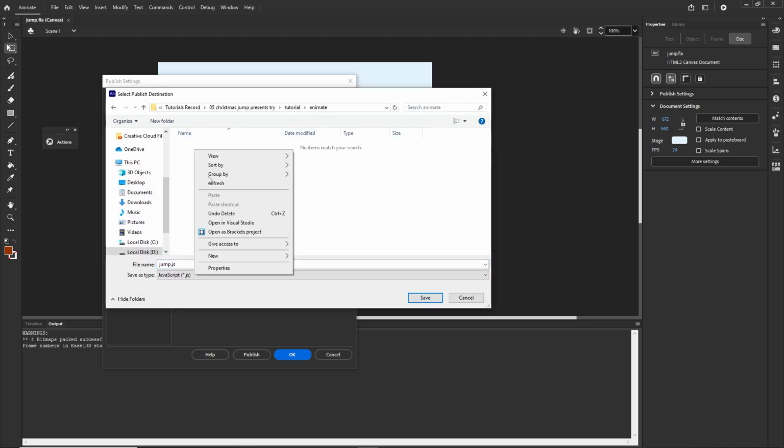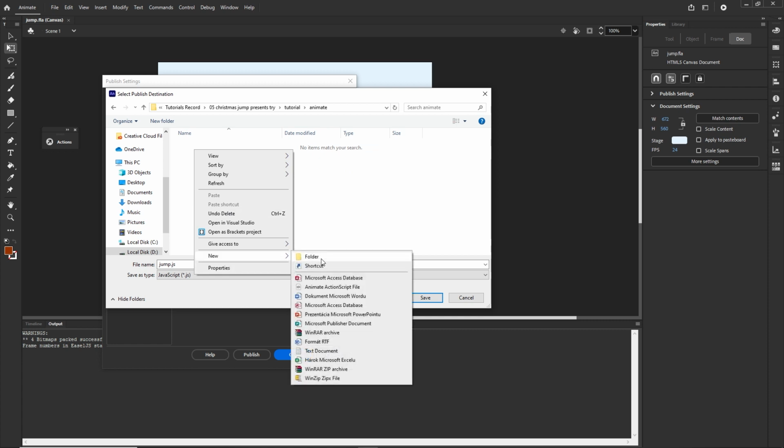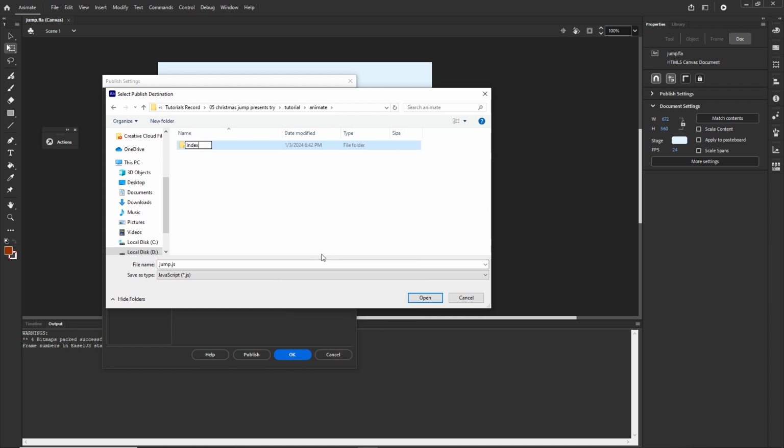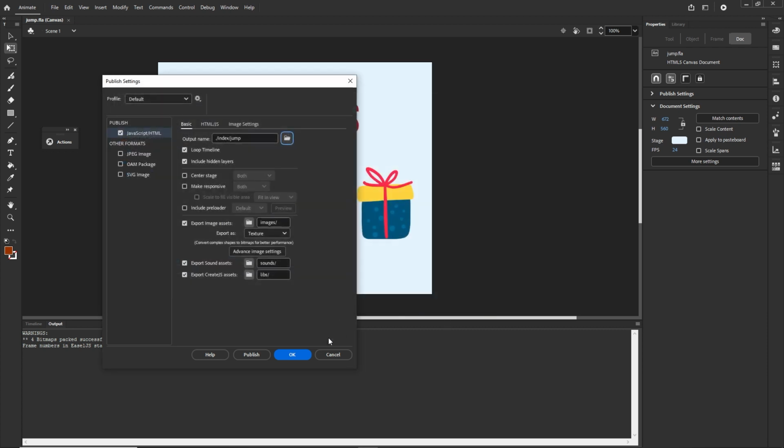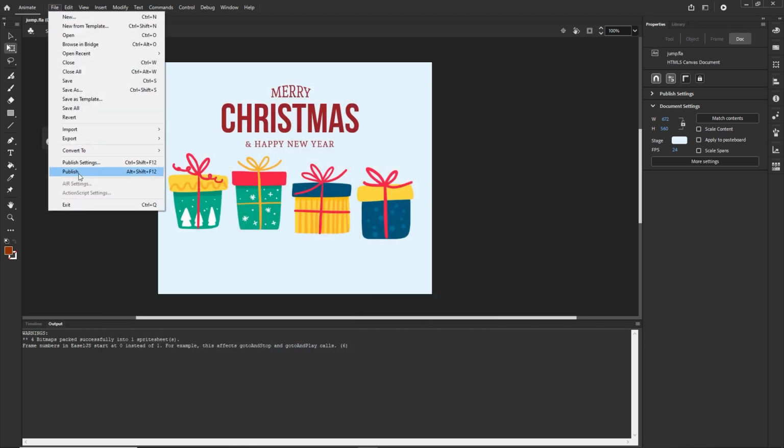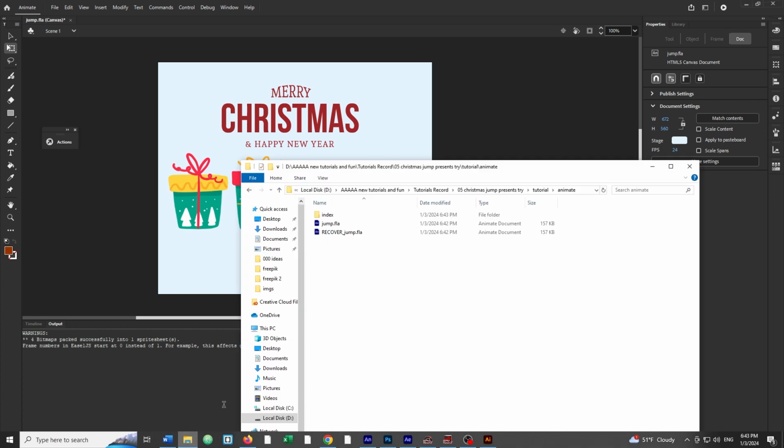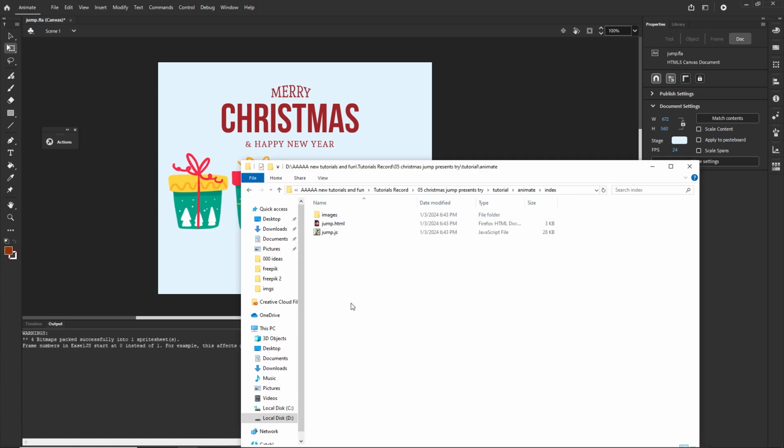So in the Animate folder, I'm going to create a new folder. I'm going to call this index. You can call it as you want. I will go inside this one. I can also call it index or jump.js or export or whatever, and I will just hit Save, OK, File, and Publish. And right now it is going to publish these things inside of this folder like so,